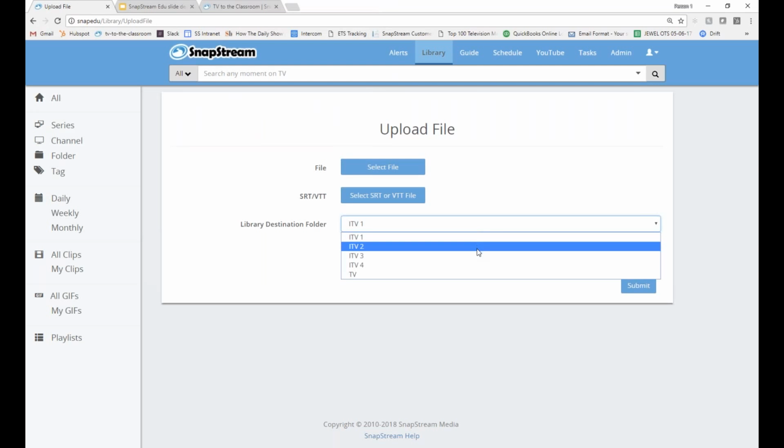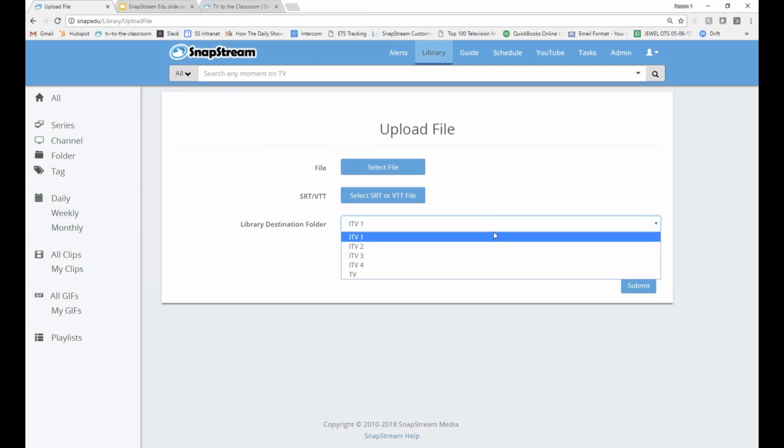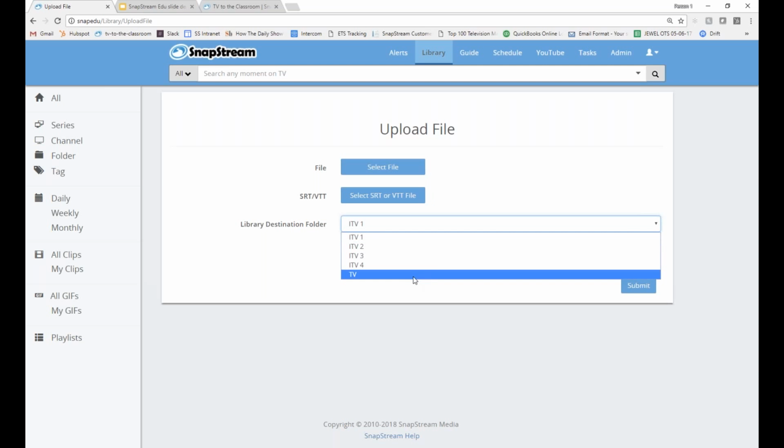I can then allocate it to a particular file folder. So I can say that I want to take this file about reptiles, and I want to drop it into Mr. Jones's folder.